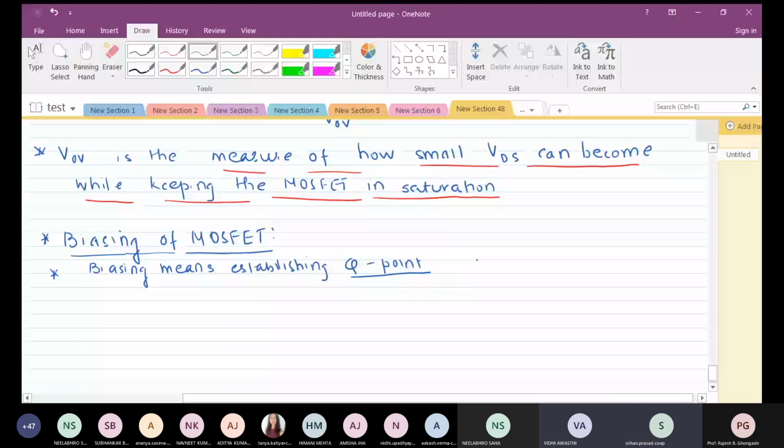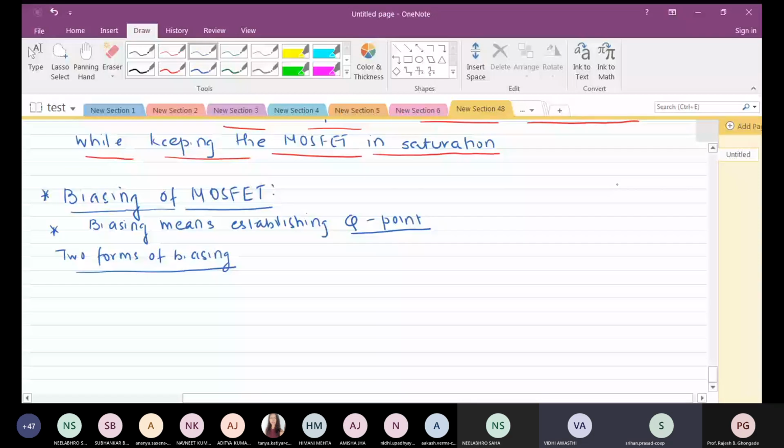Here in MOSFET, we have two different mechanisms of biasing. Let us say two forms of biasing. Please don't get confused because you're having a lot of devices and biasing circuits. For JFET, again, it is different. For BJT, we have already seen it is different. For MOSFET, it is going to be different. So please be clear about it. So we have two forms. One is called the negotiated biasing.